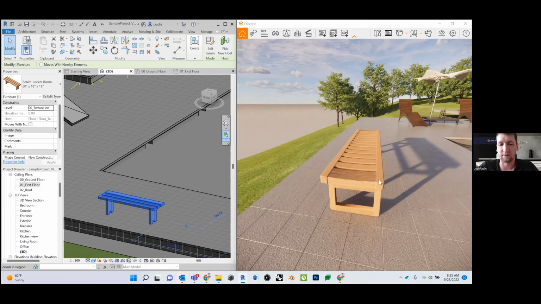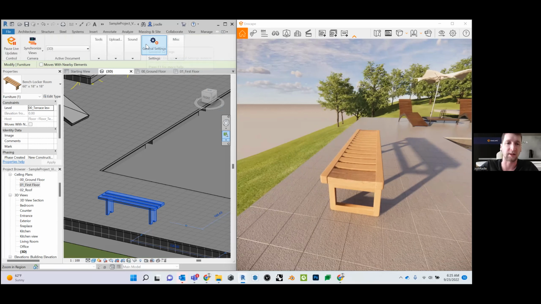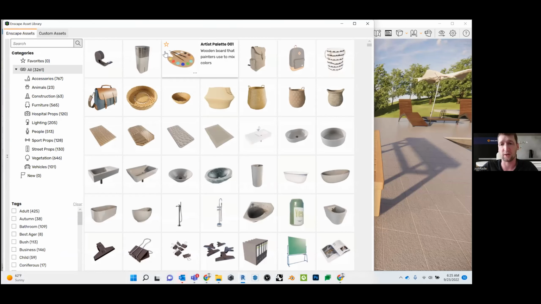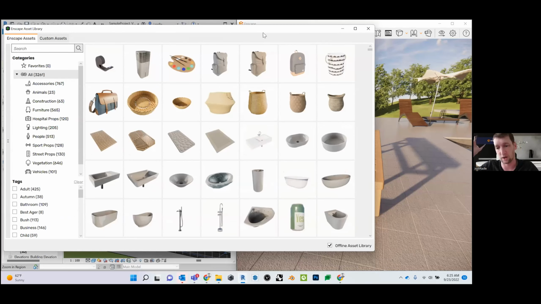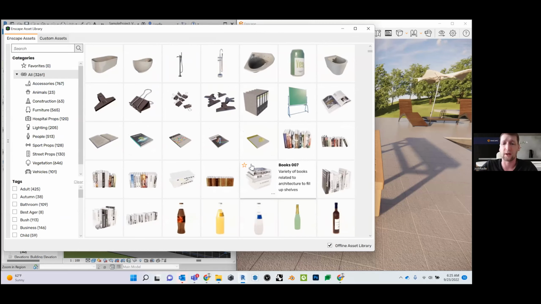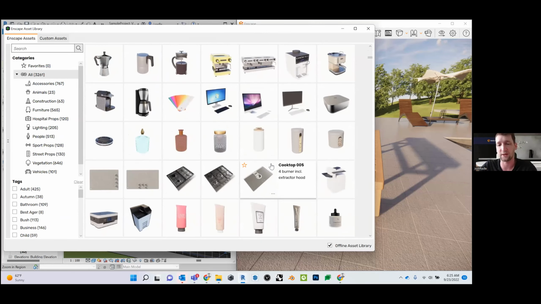So now on the topic of assets, we have the ability inside of our asset library to download the assets offline, because by default it's going to start downloading. It's going to pull it all from our cloud, so depending on the internet connection, they could load a little bit slower. But how I can speed through each one of these different assets is because I have this offline asset